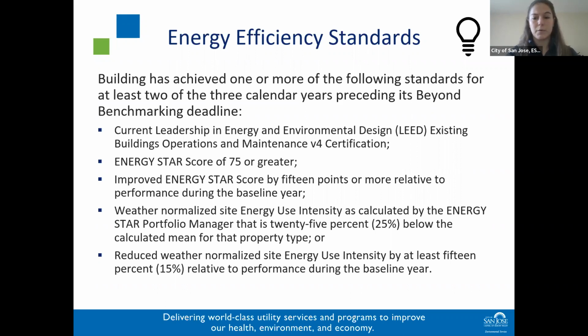Existing Buildings Operations and Maintenance V4 certification; has received an Energy Star score of 75 or greater; has improved its Energy Star score by 15 points or more relative to its performance during the baseline year. The baseline year being 2020 for the 2023 compliance cohort, for example;